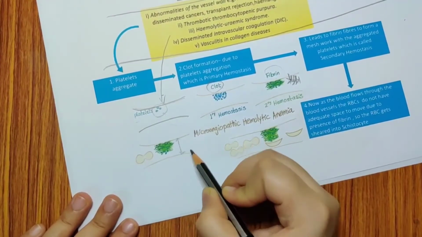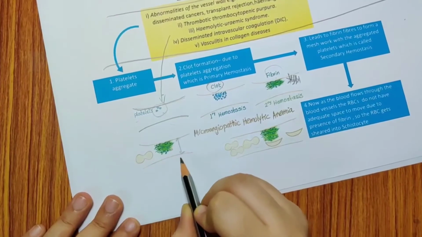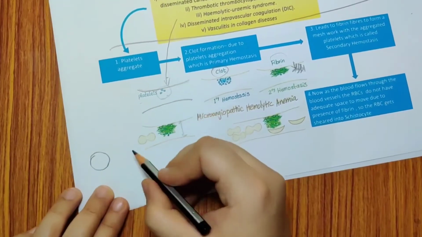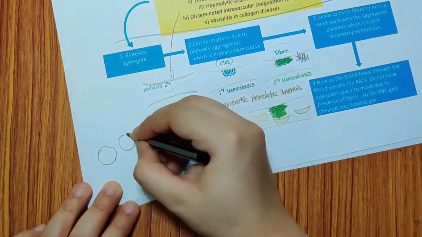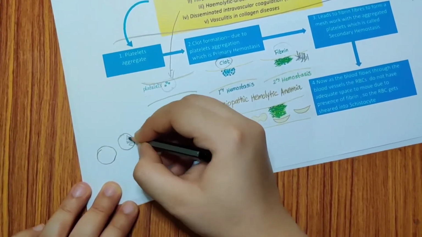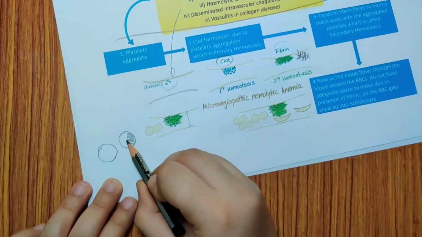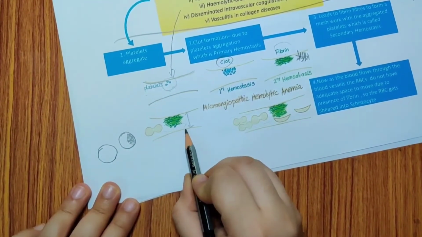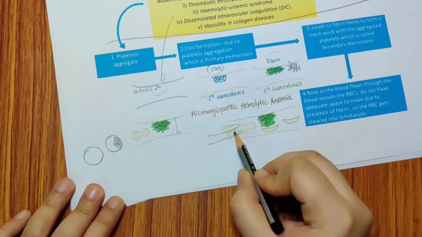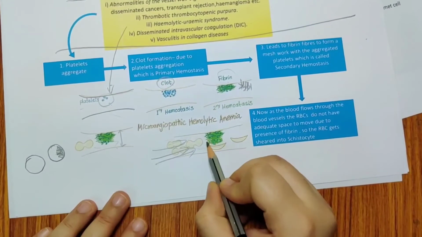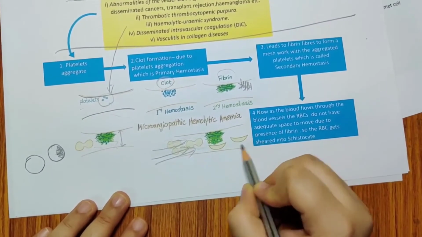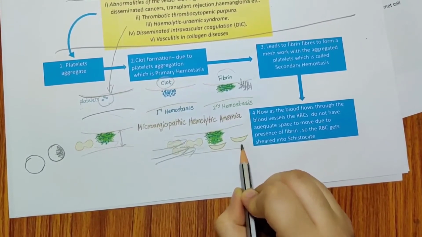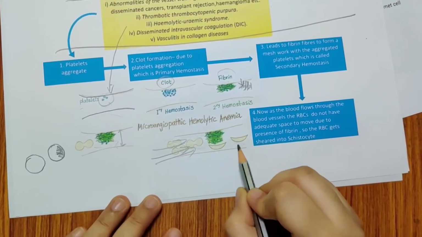Next, this is the breadth, the circumference that is left. Initially, the vessel circumference was big. Now, because of the fibrin and the platelet aggregates, there is so little space for the RBCs to cross. One RBC can easily pass through. But because of turbulent flow, so many RBCs come, hit the fibrin and are sheared out. This shearing out produces schistocytes, the altered RBCs that we are seeing. They give you a helmet-type shape, so these look like helmet cells.